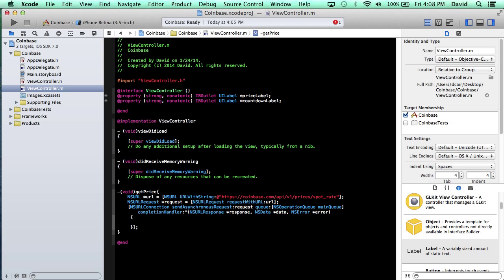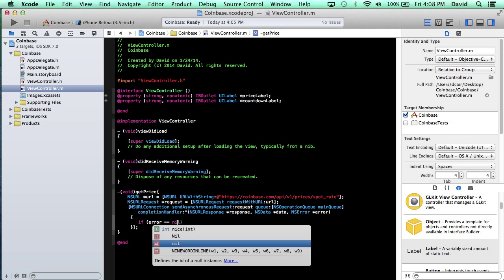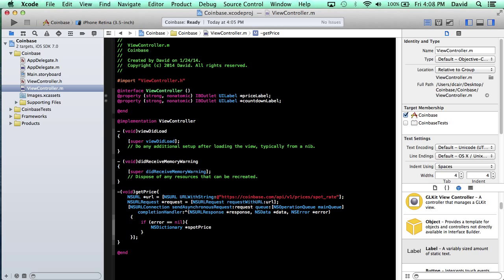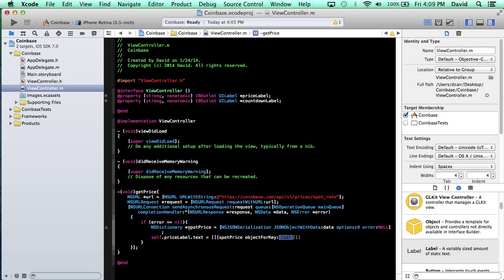Close that out. So in this block, we're going to create a dictionary inside an if statement. So if there is no error, if error equals nil, we will create that dictionary. Now that we have a dictionary with the data loaded in it, we will update the label. And with the object for key,